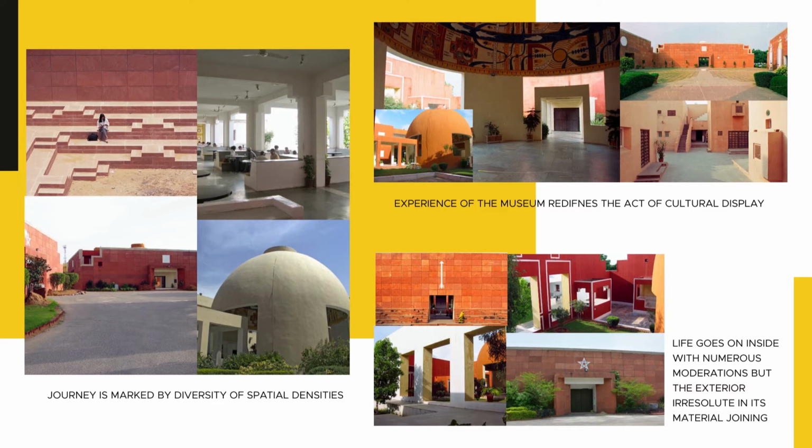Enclosed by high parapets, life goes on inside in the numerous demolitions, insertions, or reorganizations. But the exterior, irresolute in its material joining, like the wall of the old city, remains undisturbed. Like Jaipur, enclosed by high sandstone walls and approached through framing portals, the Jawahar Kala Kendra relives a more contemporary historical destiny. To summarize, Jawahar Kala Kendra stands as a mass modern symbol of the originality of the Vedic Indian architecture, which can be understood by the global audience.